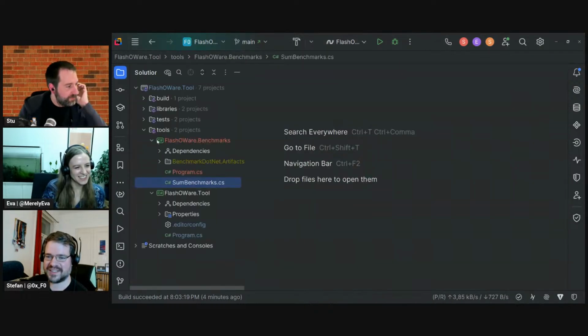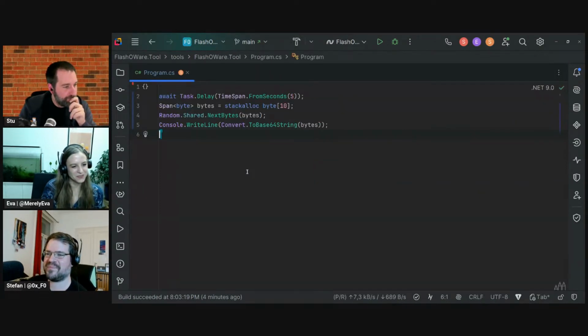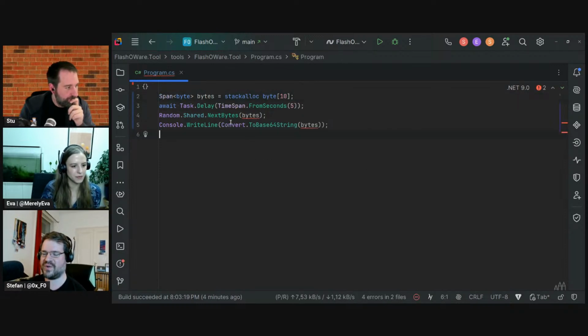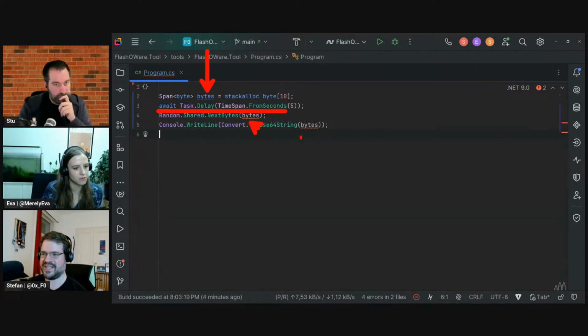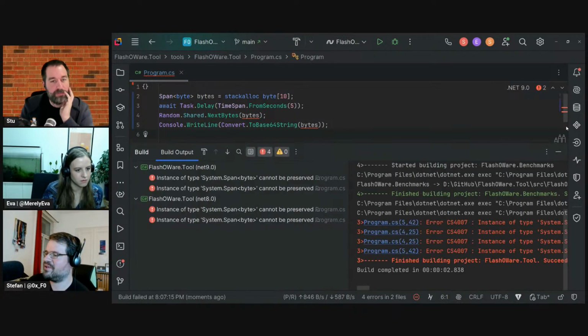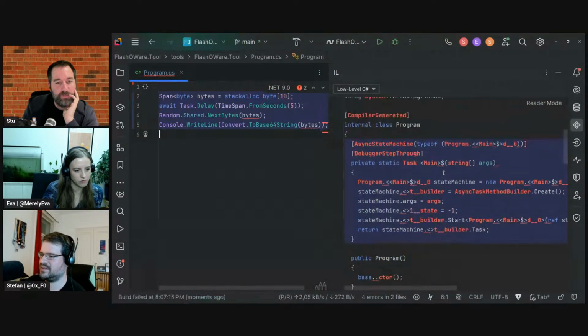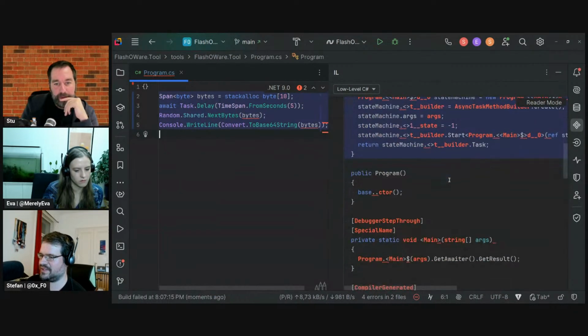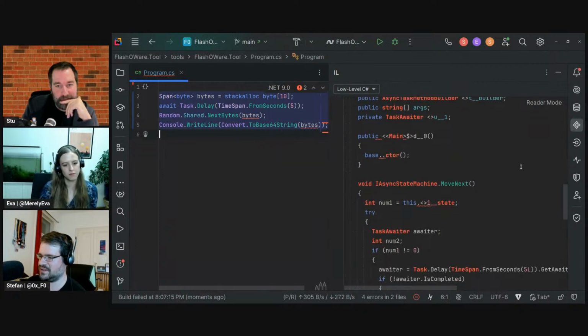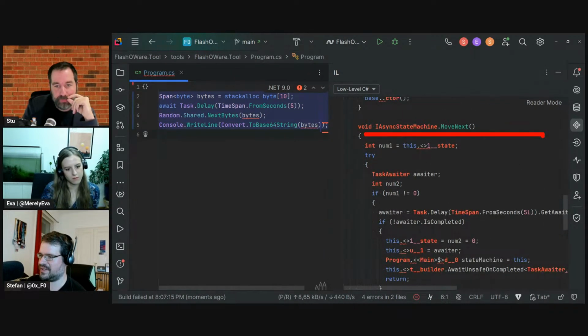I also drew the example of the state machine thing because I also want to see how this works under the hood. So we can't do that, right? Because we now have the bytes, we use them here, we have an await here. We can't use them afterwards because this would be a member of the state machine. Well, I guess this can't even try, right? So here's now our state machine. Where's our state machine? This is our state machine, where we now have our move next method, which is called